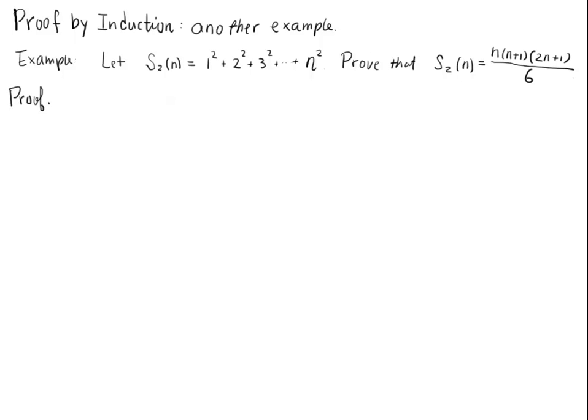Let's now look at another example. This example is very similar to the one we finished in the previous video. And look at this one over here. Now we introduce a notation S2n that stands for the sum of squares of natural numbers up to n. So let's show the formula of this sum is equal to n(n + 1)(2n + 1) over 6